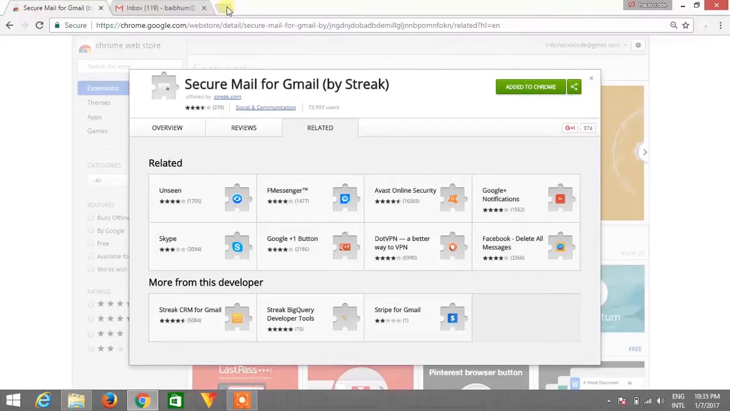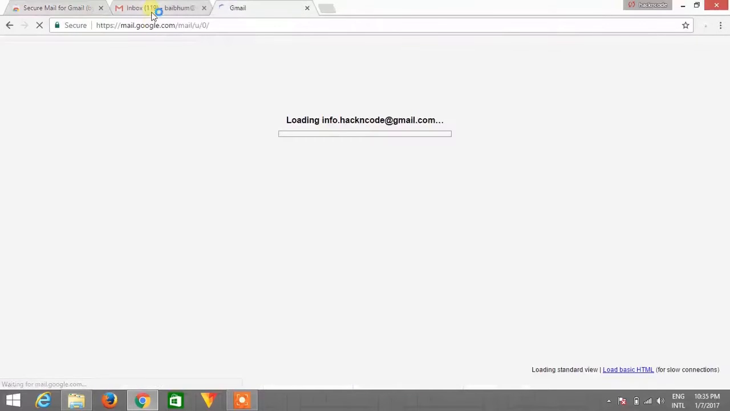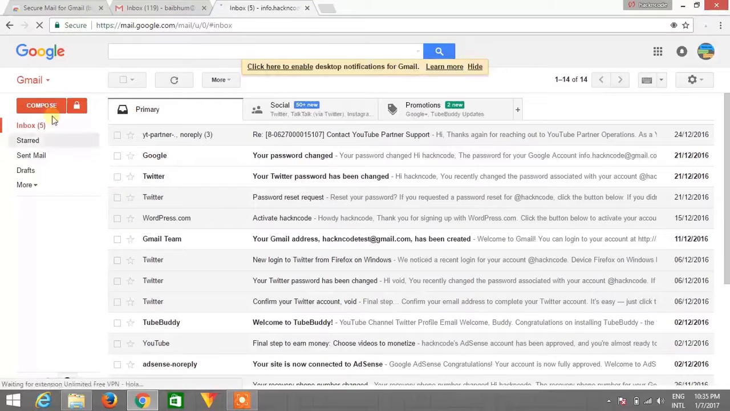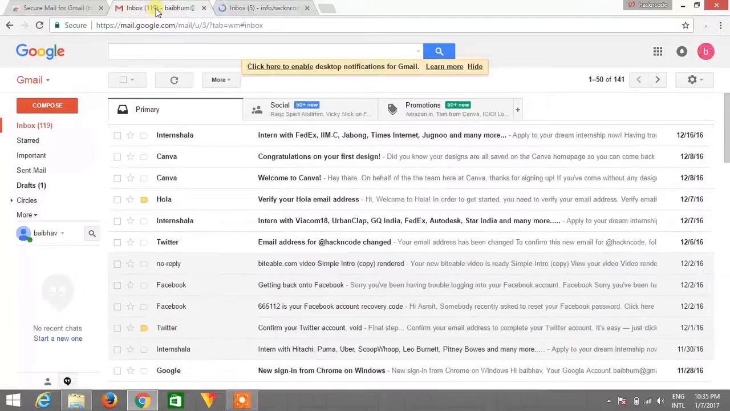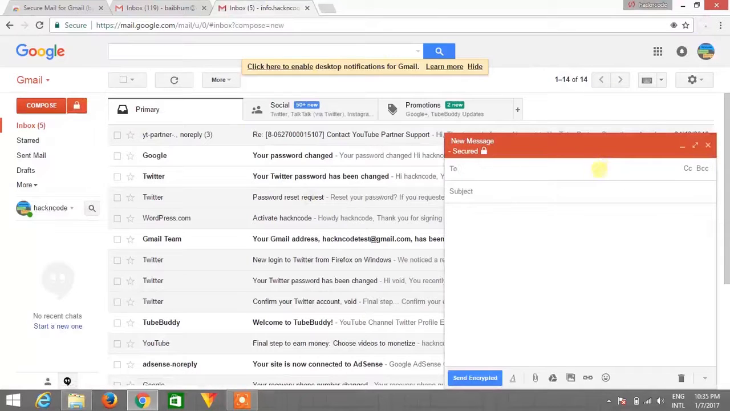Now open your Gmail account, and here you can see on your Gmail account there is a lock button. Previously there is no lock button. This is your actual Gmail account, but after adding this extension you will get a lock button. So to protect your email through a password, click on the lock button, and here you need to type this